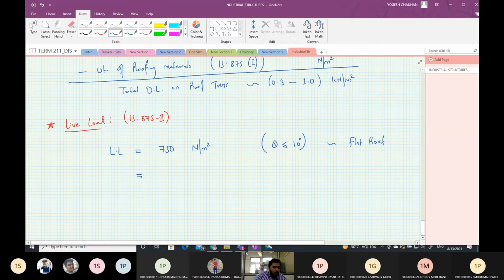And second, it is 750 minus (theta minus 10 degree) into 20, but not less than 400 Newton per meter square.